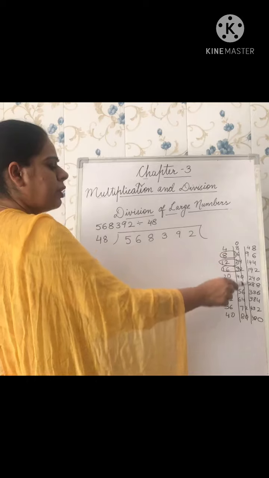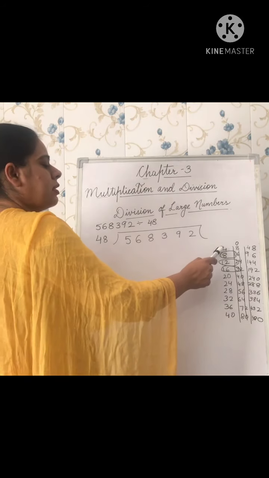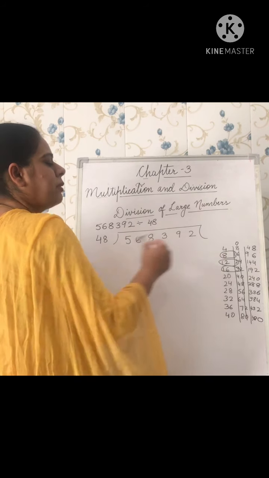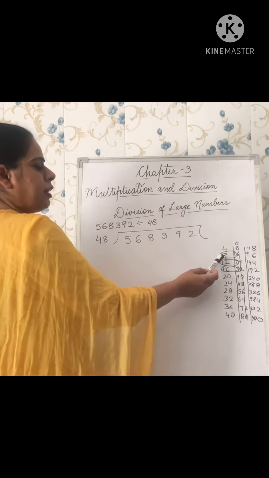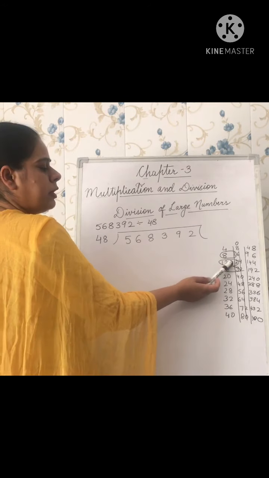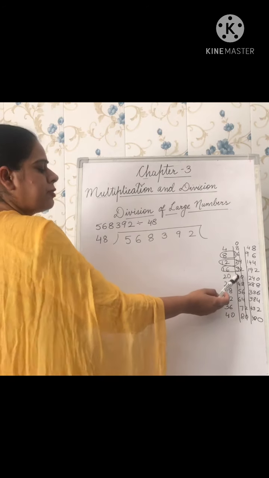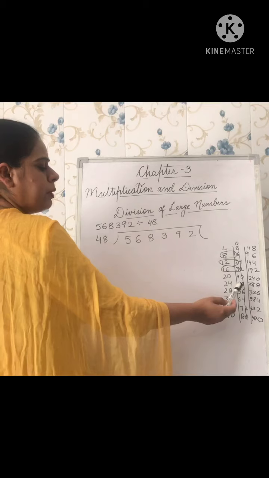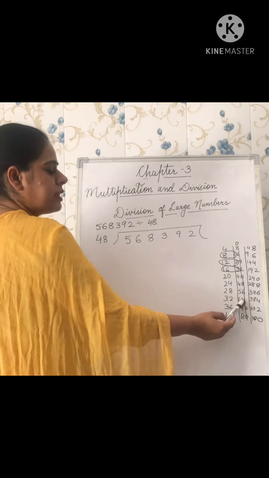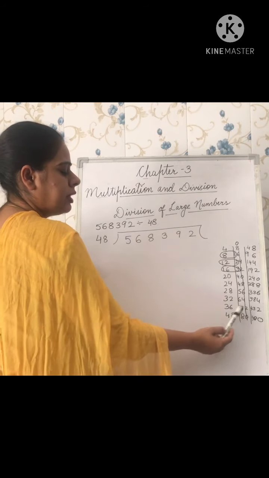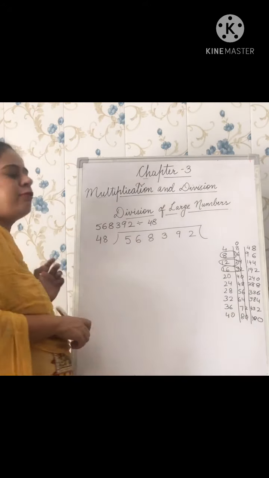Then after that, we don't need these digits, we will cut them. Then the remaining digits, now we will write the remaining digits. Here the 8 we have cut because we have already written it. 4 is left, 4. Then 8 plus 1 is 9, 12 plus 2 is 14, 16 plus 3 is 19, 20 plus 4 is 24, 24 plus 4 is 28, 28 plus 5 is 33, 32 plus 6 is 38, 36 plus 7 is 43, and 40 plus 8 is 48. Like this we have written the table of 48.